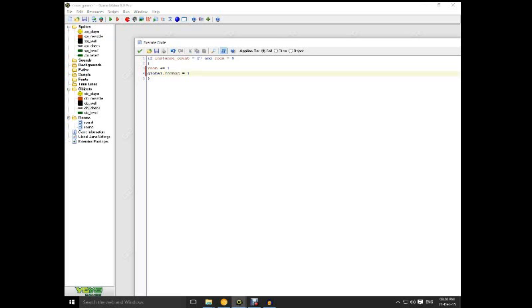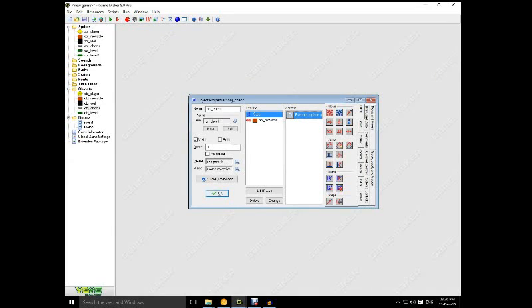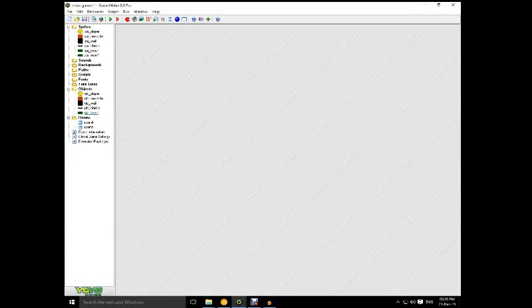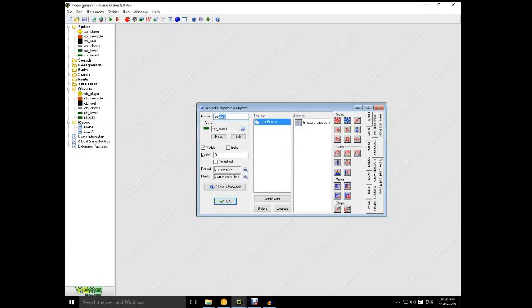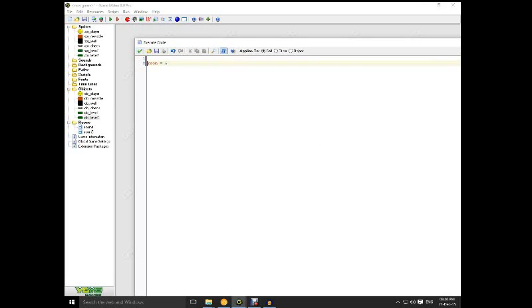Room 5 complete. Then we will duplicate this object for object level 2. Level 2. And then if we click on it, if global dot room 5C equals 1,